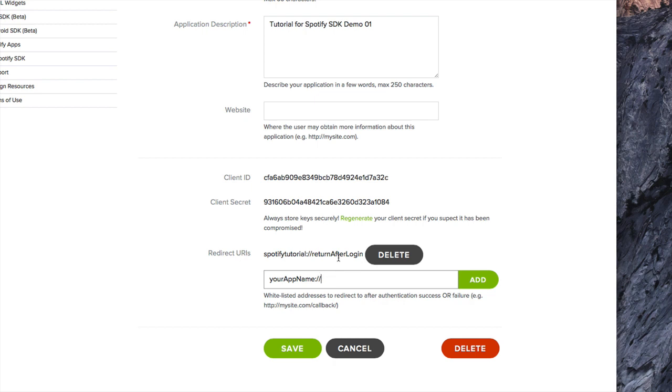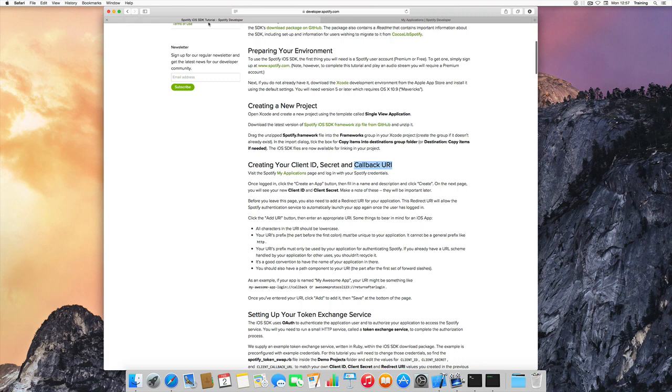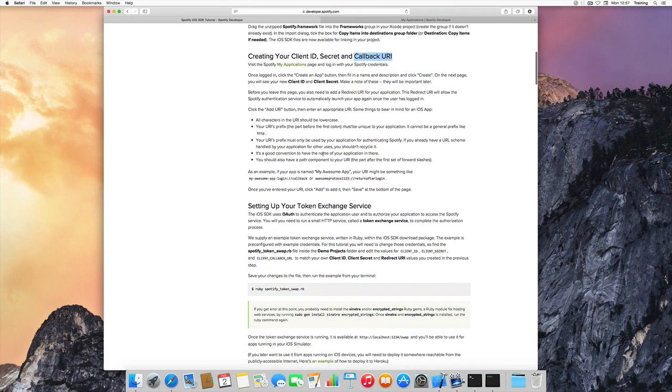So we're going to call that return after login to identify the process that is going to happen. So you click add, and don't forget to save this. And once you've done that, we can go back to the Spotify tutorial and scroll down a little more, and